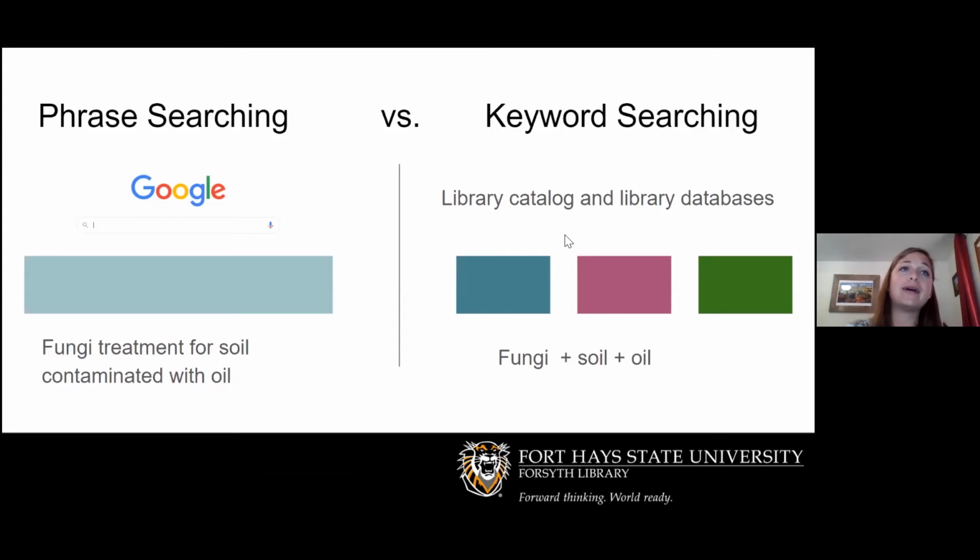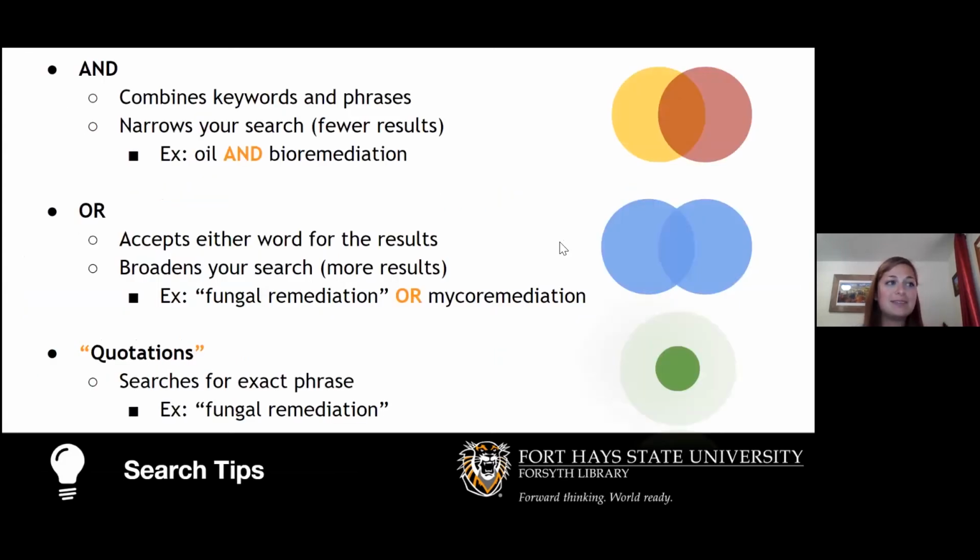So when we break our keywords into a search string and we connect those with topics, this is one of the most powerful search tips, and it may seem easy off the start, but this is something that Google doesn't remind us to do. But the library databases are built around these concepts of keyword searching, where we connect our keywords with and, or we connect our keywords with or, we tell the database more specifically by putting quotations around a phrase or multiple words